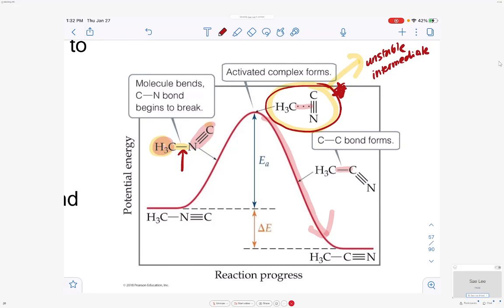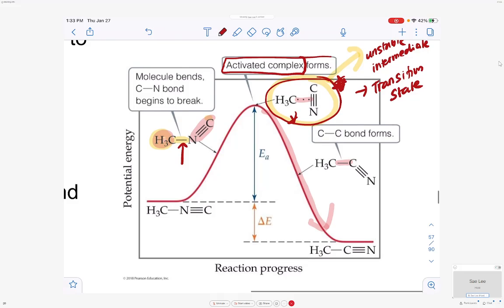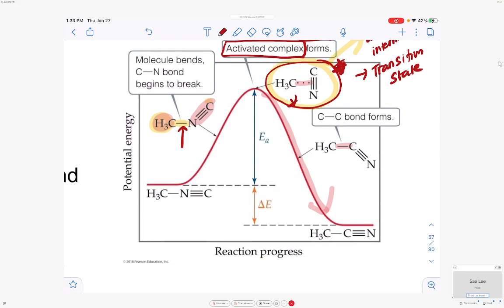Unstable intermediate state, or you can say twisted or rotated state. So this unstable intermediate state is called the transition state, or you can also call it the activated complex. This transition state right here is analogous to the ball at the top of the hill from the previous slide. So again, to summarize what I've explained so far, the diagram is clearly showing that the molecule must